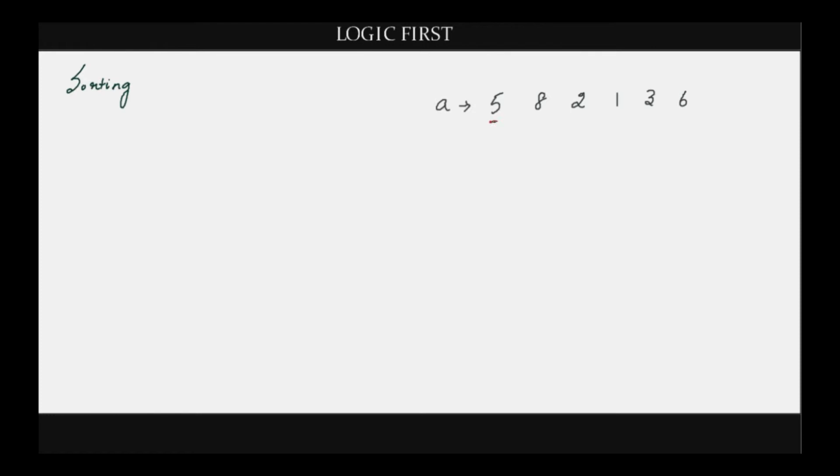Let's take the number in the first position and compare it with each and every other number in the array. If we are able to find a smaller number than the first number, then swap those two numbers. Because we want the smallest number to be present in the first position, right? So now the array becomes 2, 8, 5, 1, 3, 6. Continue doing the same thing. We have compared the first number with these two. Now compare with this position. Again you have to swap one more time as 1 is lesser than 2.